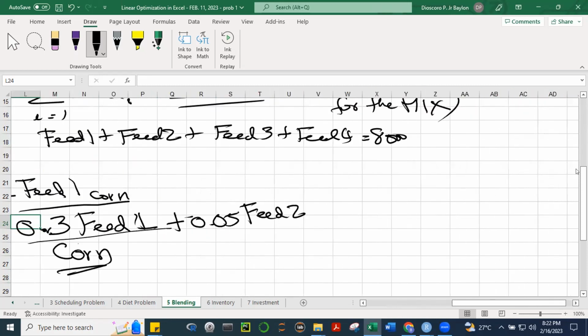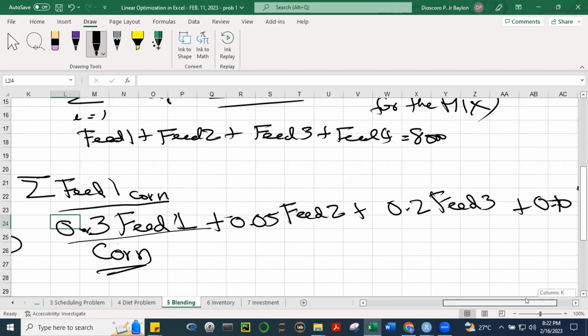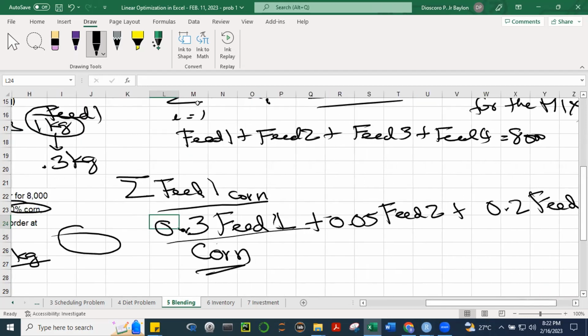So we have plus 0.2 times feed 3, and then plus 0.10 times feed 4. All right. What's this, class? What is this? If we add all of this,